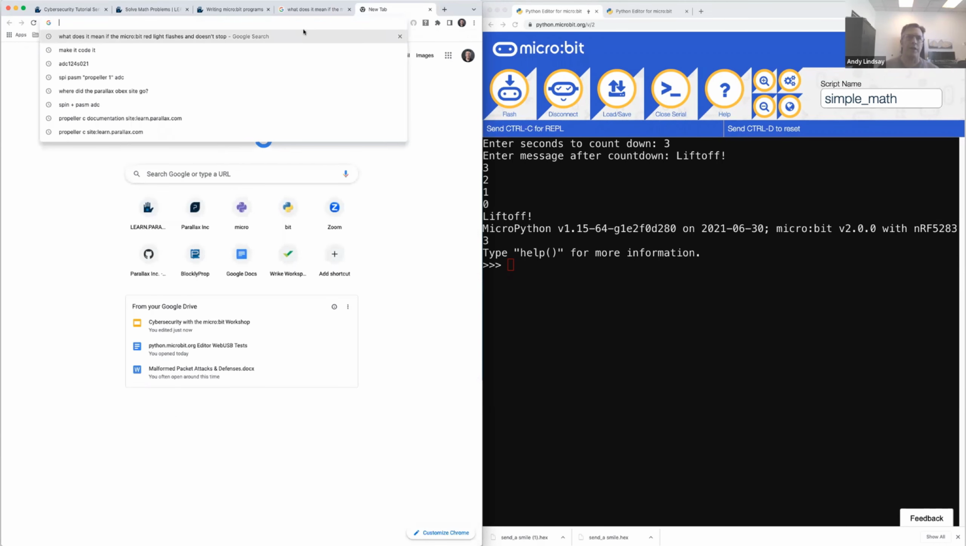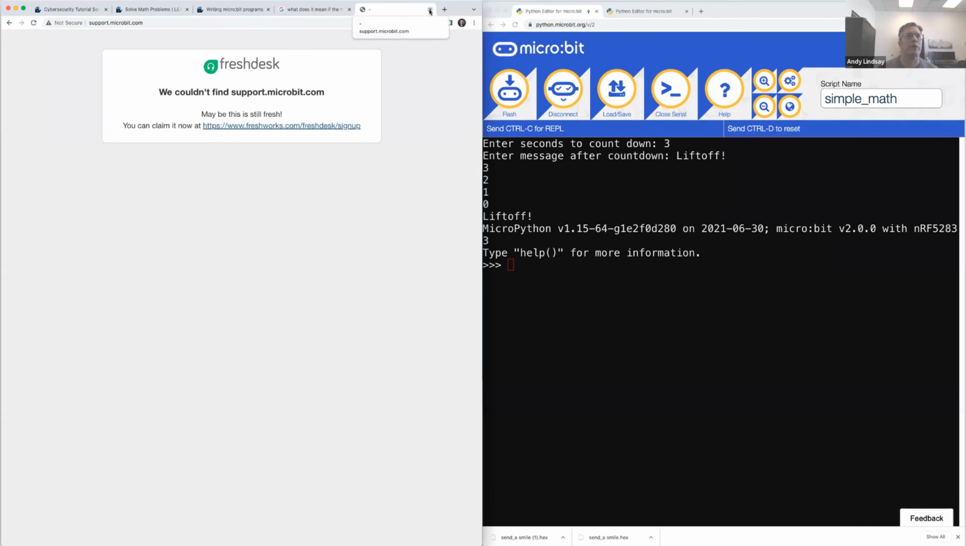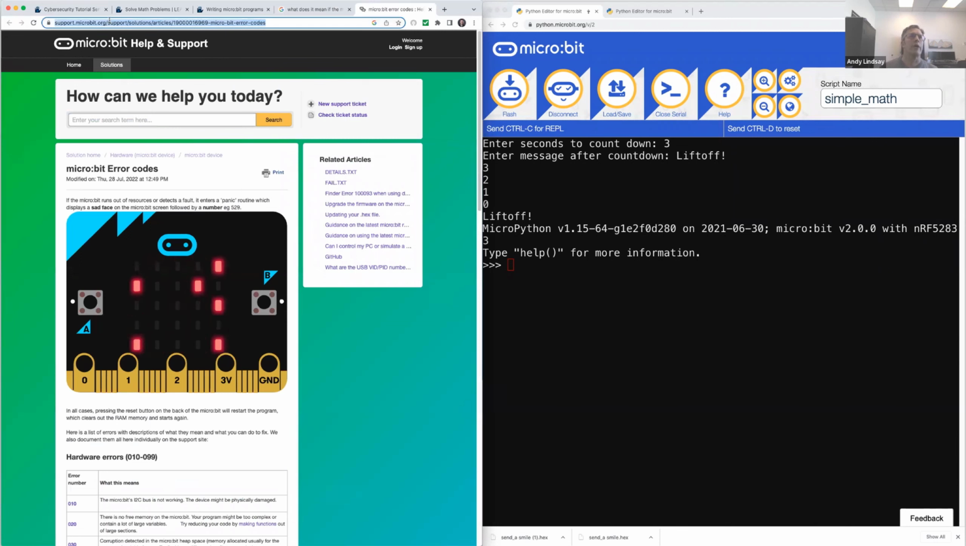Okay, and so for those kind of things, my go-to is support.microbit.com. Oh, I typed that in wrong, apparently. I'll just go to it from Google here. Oh, support.microbit.org. Pardon me. Okay, so I almost fell prey to a phishing type of attack there. So support.microbit.org, we'll go ahead and put that in your